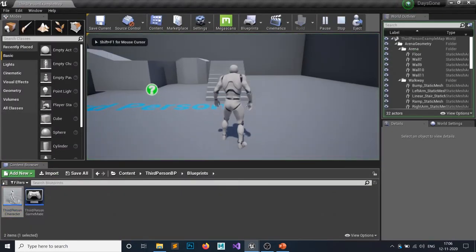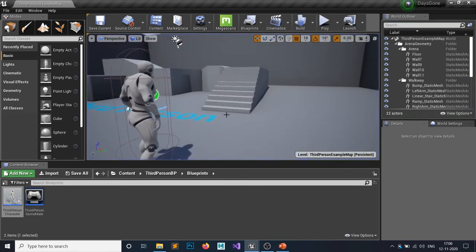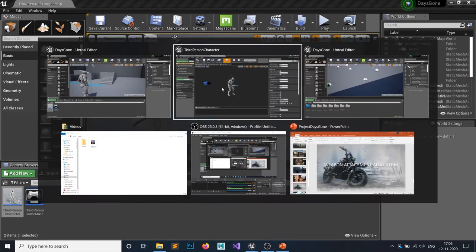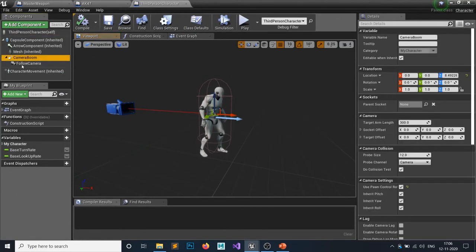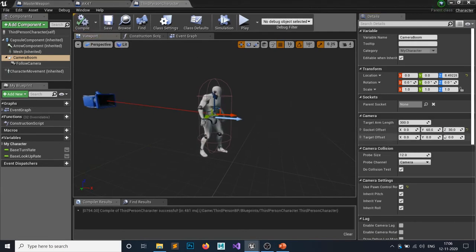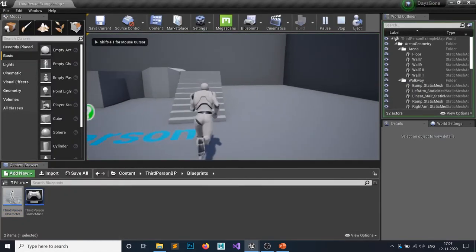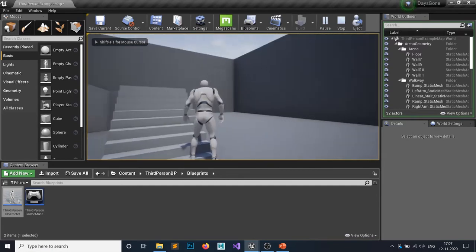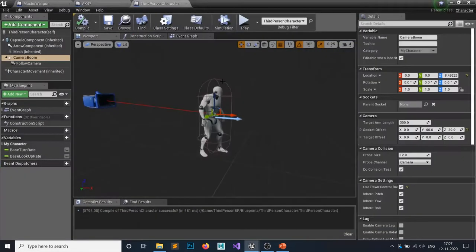Now as you can see, if I play, my player is in the center position. But as we discussed in the previous video, I want it offset to the left because it's a shooter game and the crosshair will overlap. So I will go to the camera boom, and for me 60,30 is working fine. So I will set the camera offset to 60,30, and let's check it out. As you can see, my player is somewhat offset to the left. You can do it however you want.